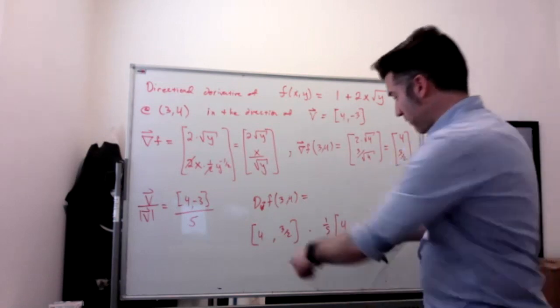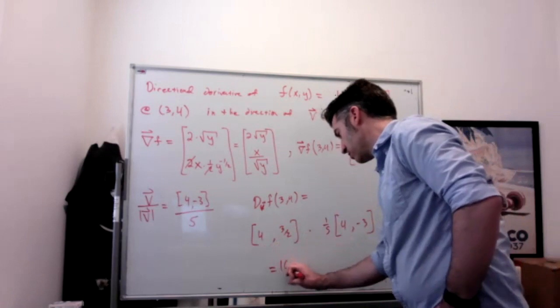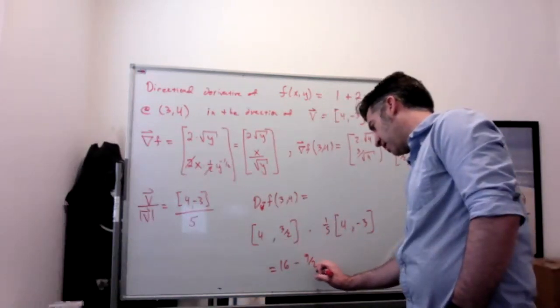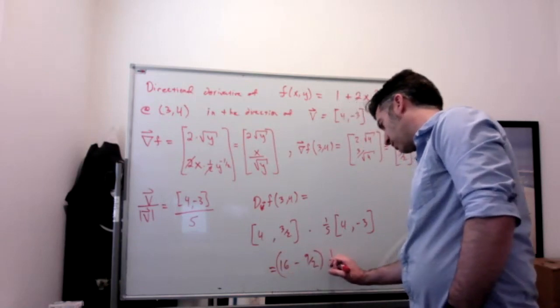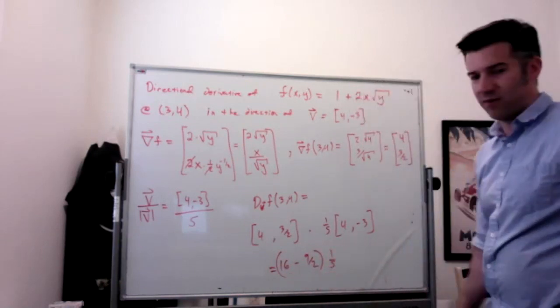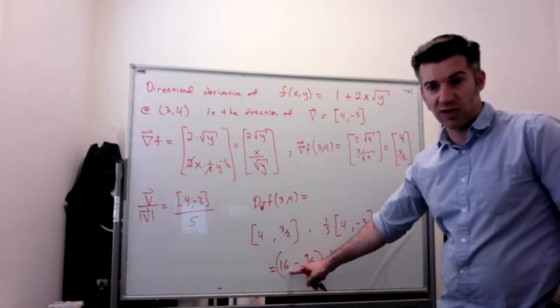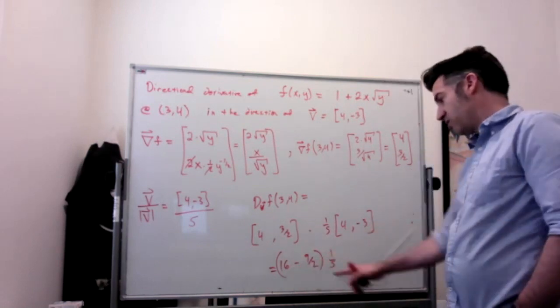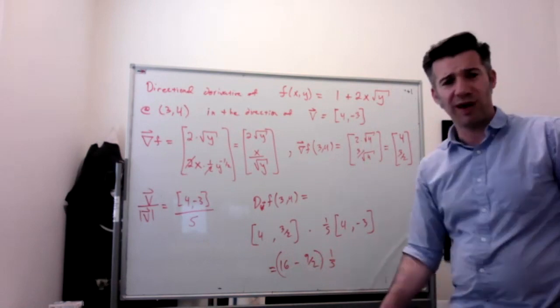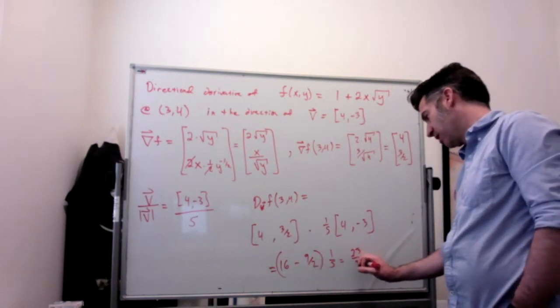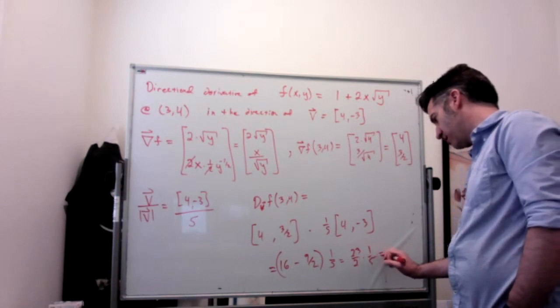Then we dot them together: 4 times 4 is 16, 3/2 times -3 is -9/2, and then all times 1/5. We could simplify that a bit: 16 is 32 halves, 32 halves minus 9 halves is 23 halves, times 1/5 is